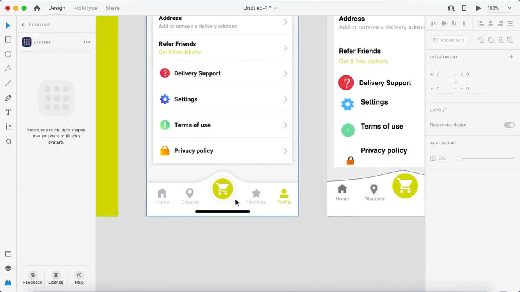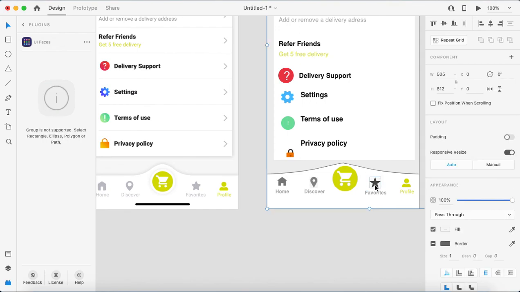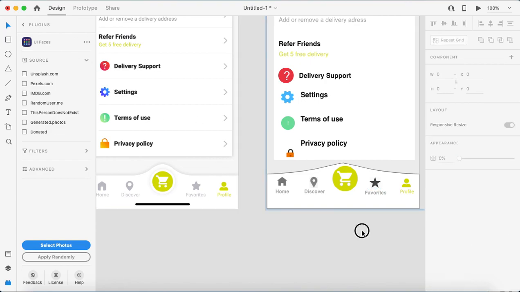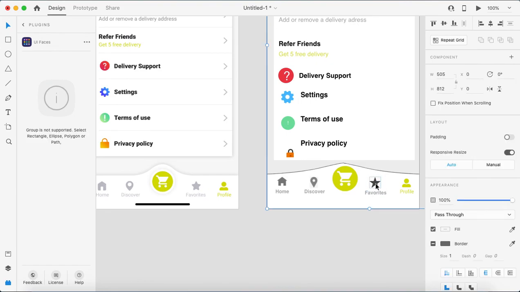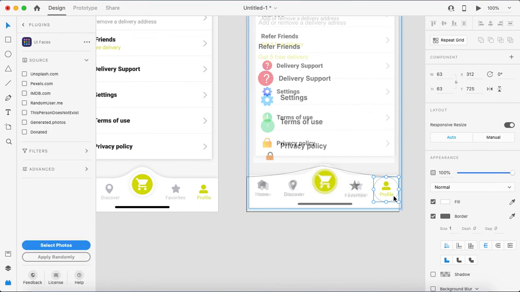Okay, then you found the icons, very good. You found the icon of home, the icon of discover location, the icon of cart, you found the icon of, okay, I think you made it, I guess. Yeah, I think you have made it, but it's fine, no problem. This is the profile. Okay, so the profile looks the same. I think something is fishy here. Okay, very good. So you deleted the mask here.